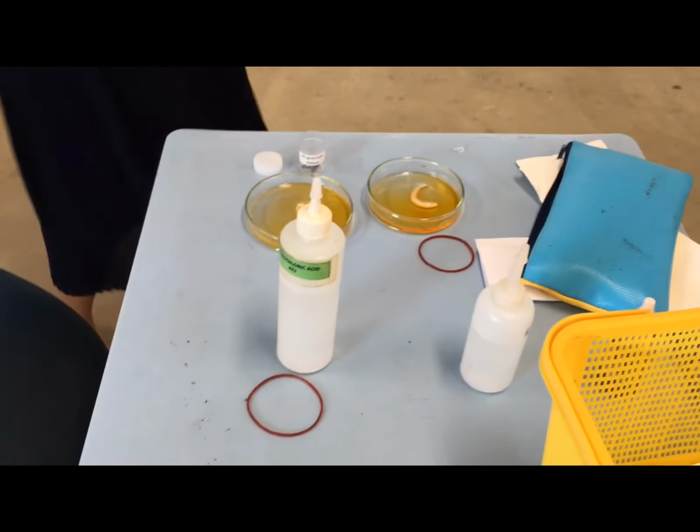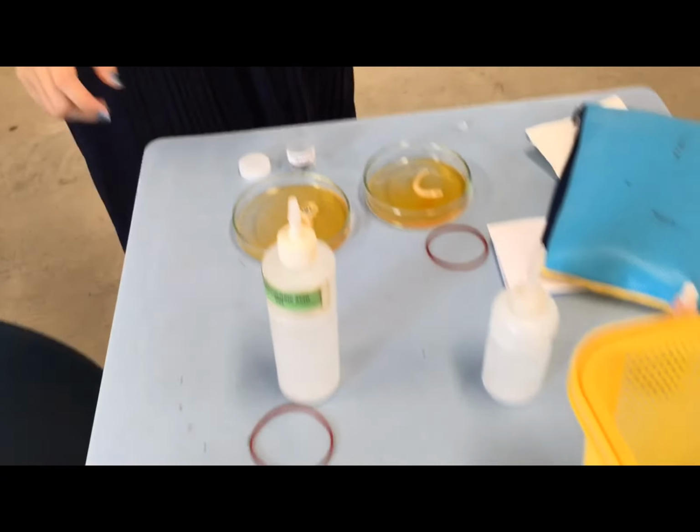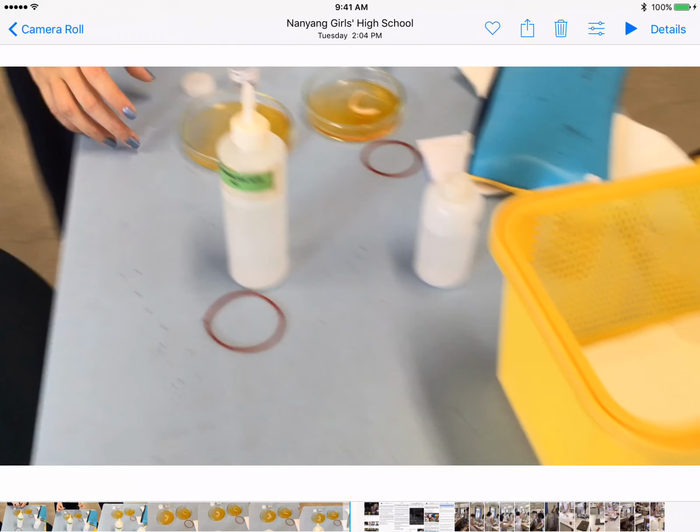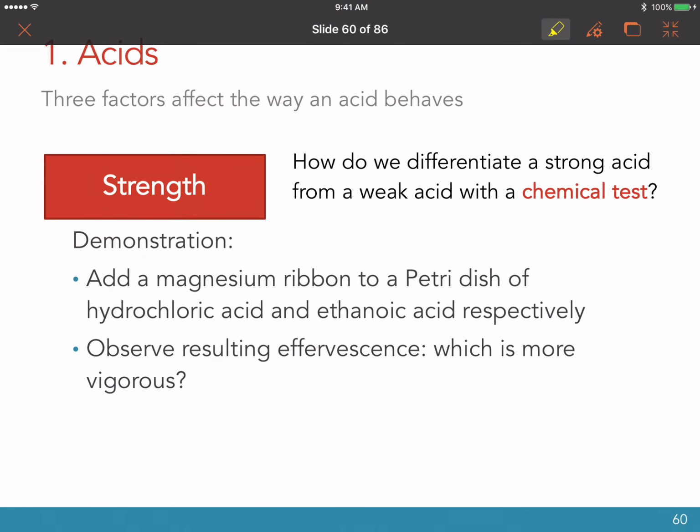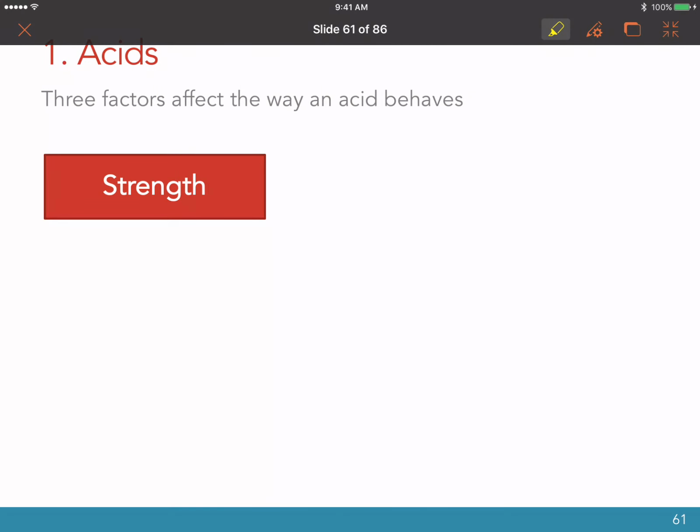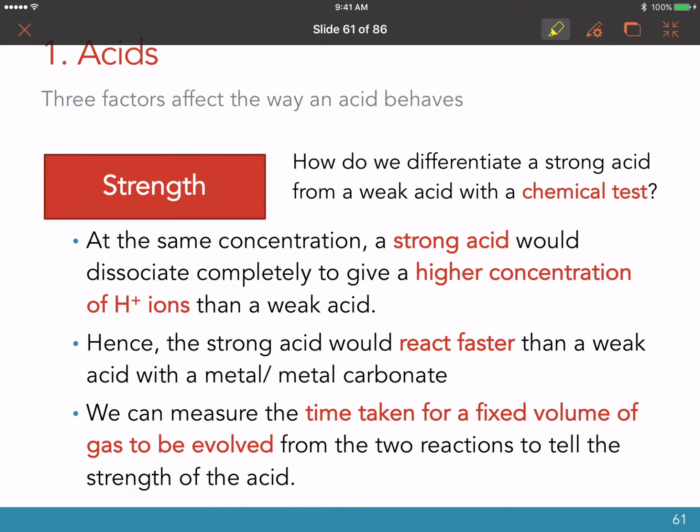This is assuming that they are at the same concentration so that the comparison is fair. Okay. So, at the same concentration, a strong acid will dissociate completely to give a higher concentration of hydrogen ions than a weak acid. Now, does this make sense to you? Okay, at the same concentration, a strong acid dissociates completely to give a higher concentration of hydrogen ions. Hence, a strong acid would react faster than a weak acid with a metal,